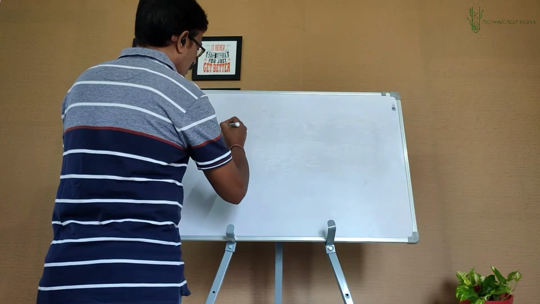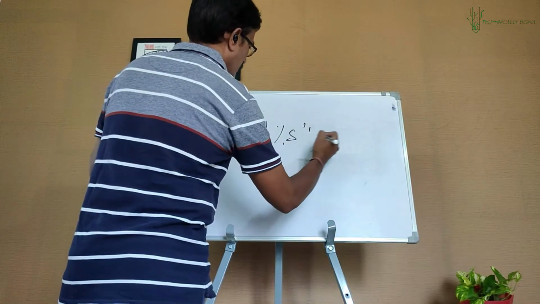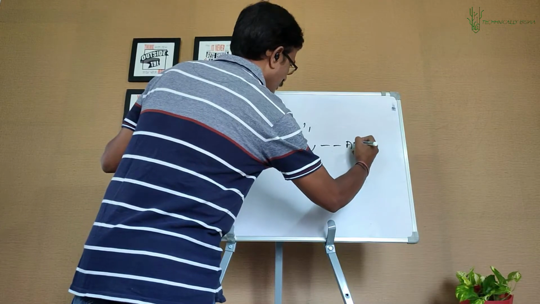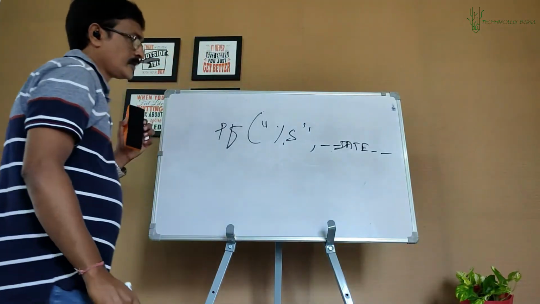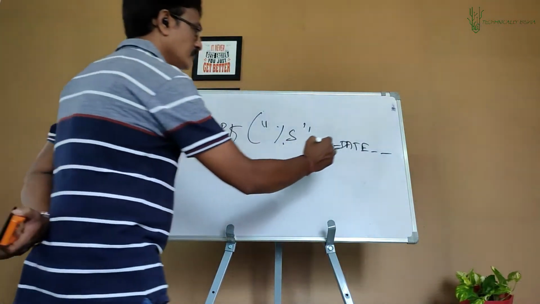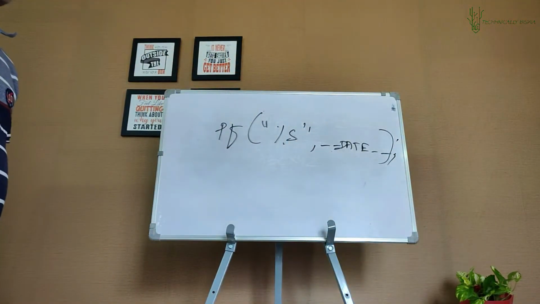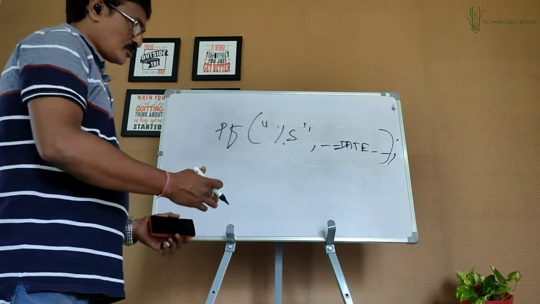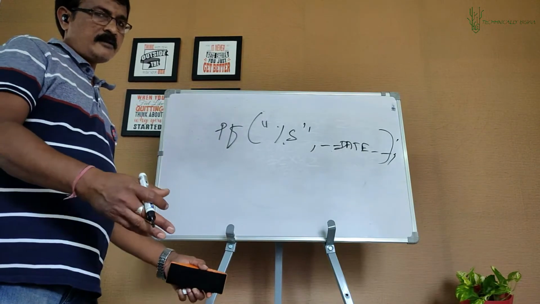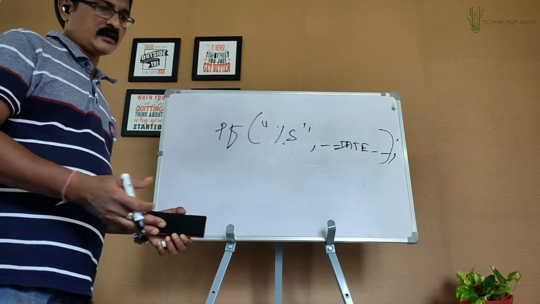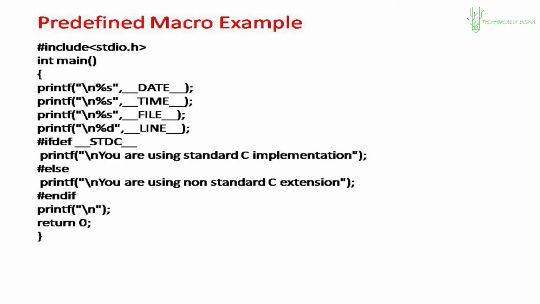Now any one of those you can directly use. For example, in my program, if I say printf("%s", __DATE__); of course, finish the bracket, finish the semicolon, it gives me today's date. It shows me today's date. Got it? Clear? Let's have a look at how to use this. I have already told you the names. Let's look at this particular example.